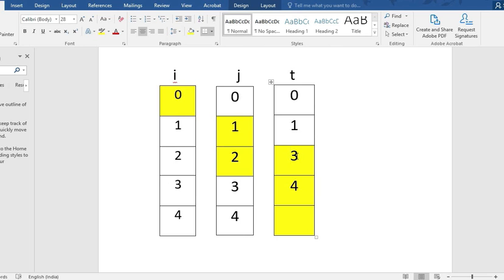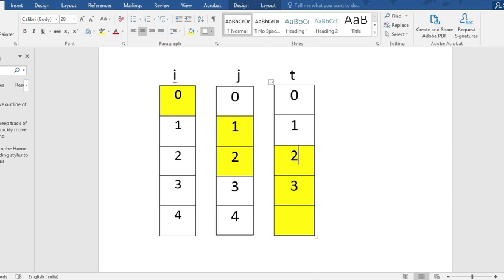So our array is decremented. The length of the array is decremented. Previously our length was 5, and now the length is 4, so the last index is 3. That is the logic behind the program. Now I shall go to the program.